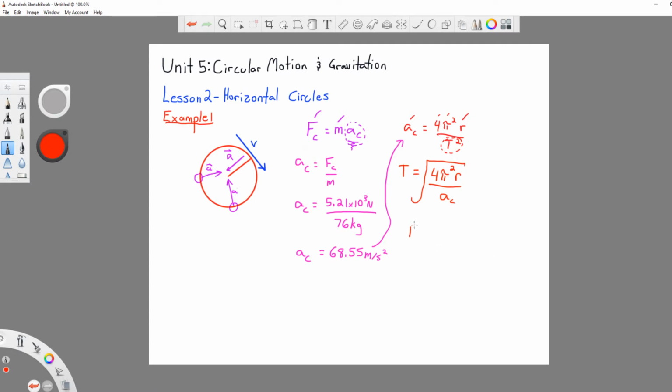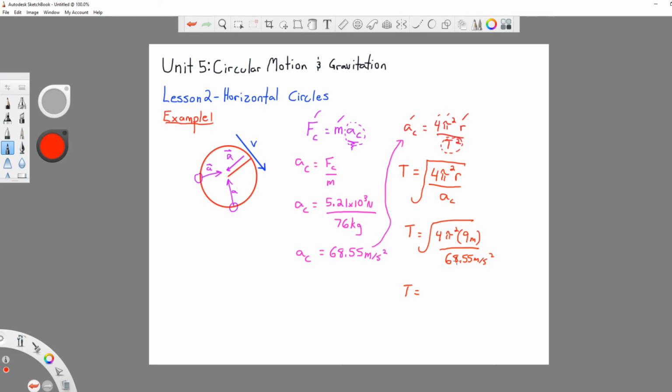So we plug some values in here, and we are going to get 4 pi squared times the radius, which was 9 meters, divided by a_c, which was 68.55 meters per second squared. And it works out to a period of,